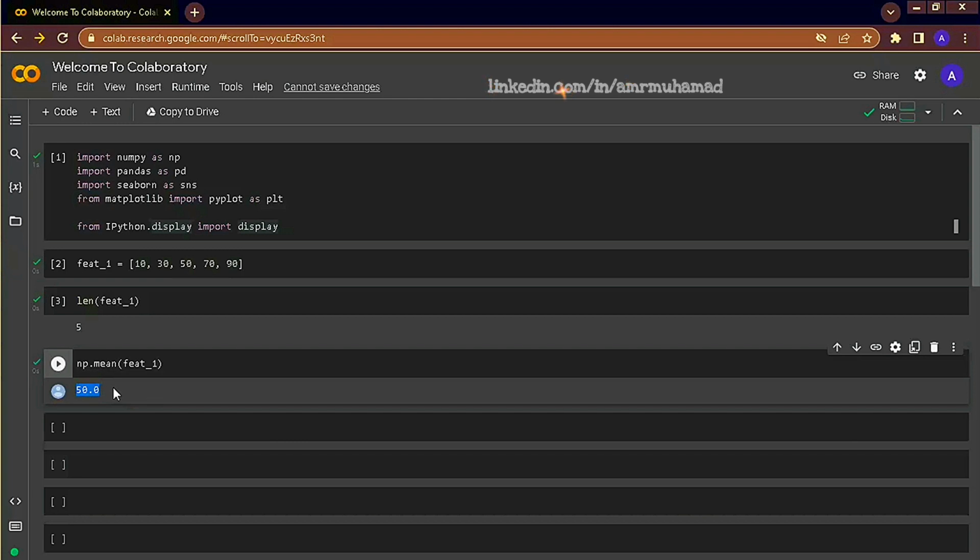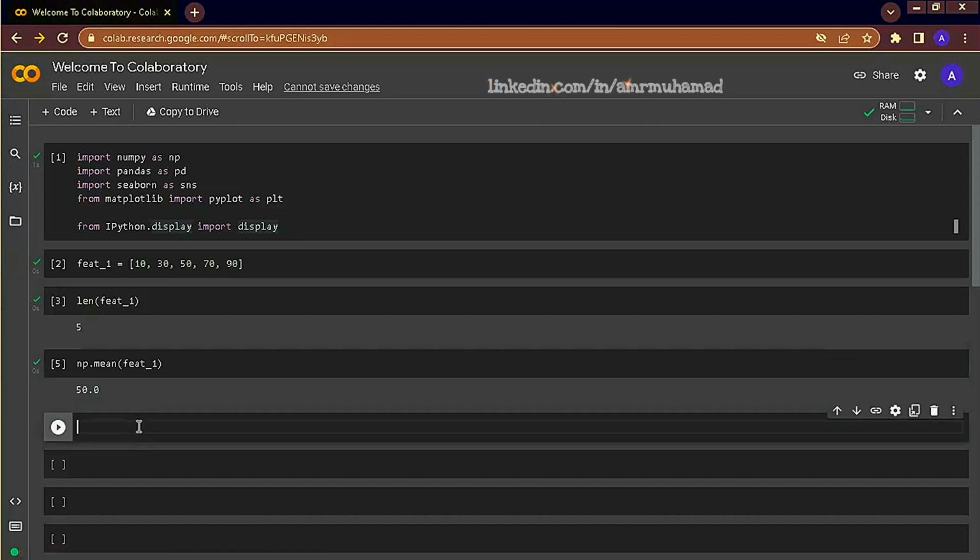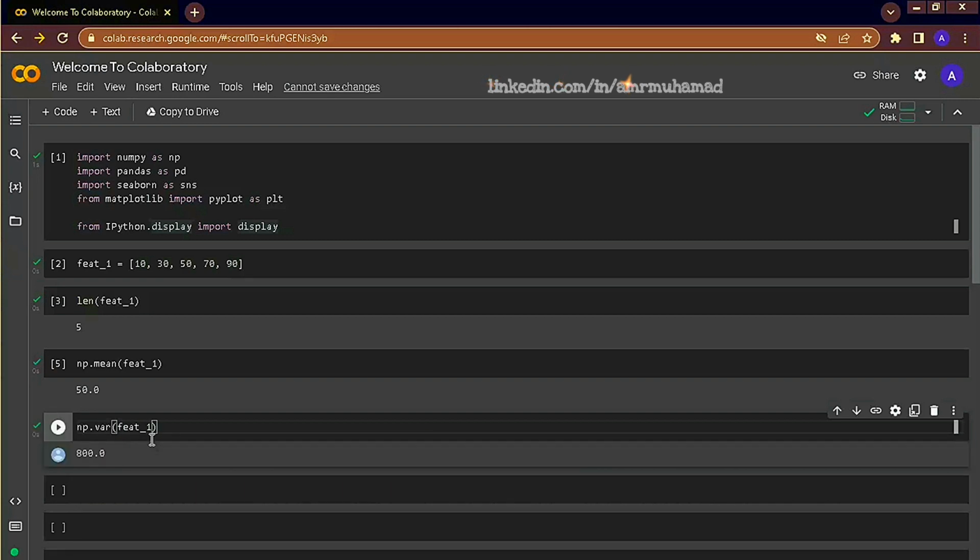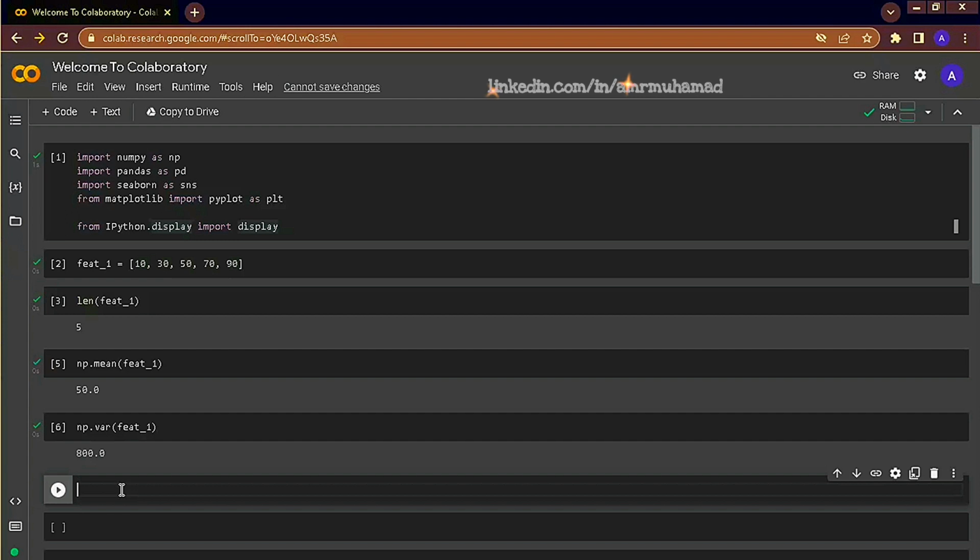To understand the spread of values around this expected value or the average, we use the variance. So what is variance? It is basically the spread of values around the average. So 800 is not that informative, and in order to understand variance in detail, let's look at the calculation. It's basically the sum of squared deviation of a given value from its mean. Let's break down this equation.